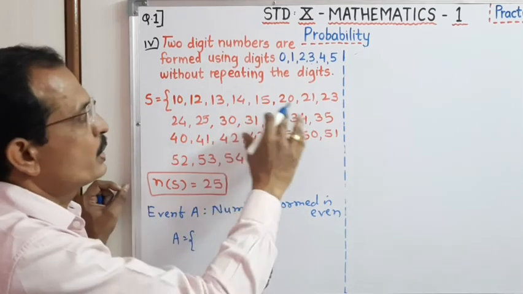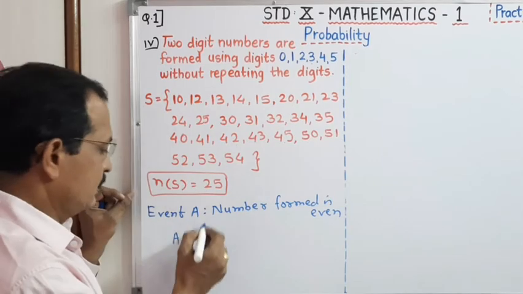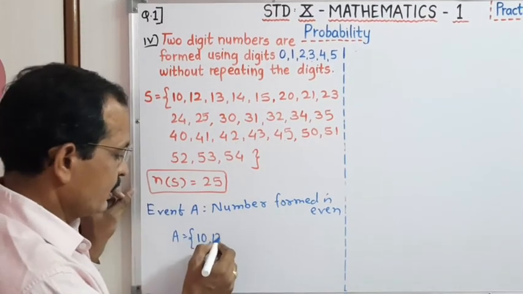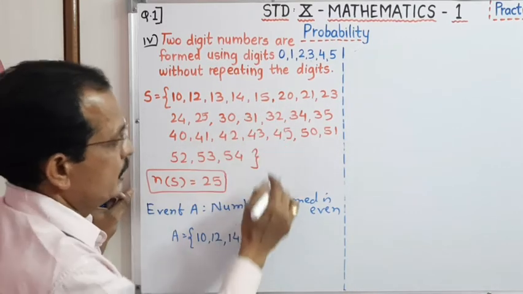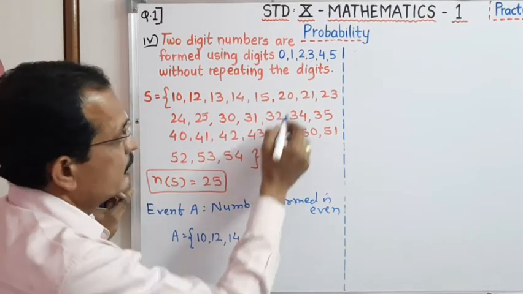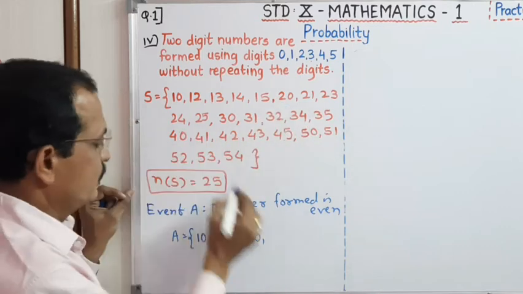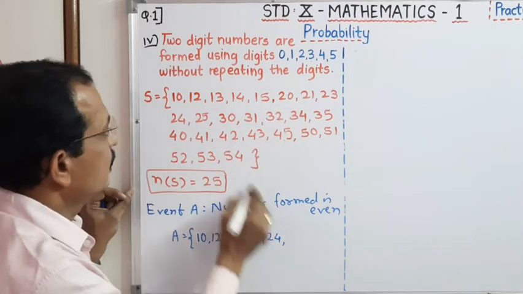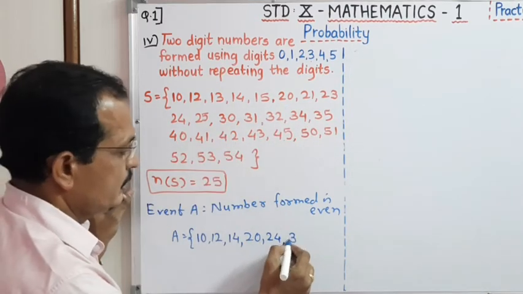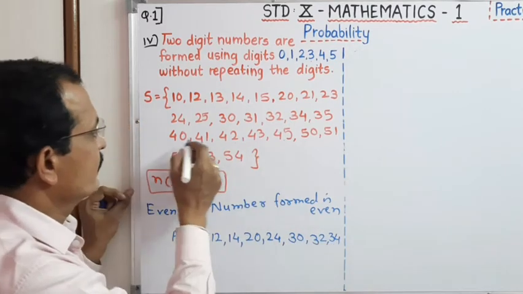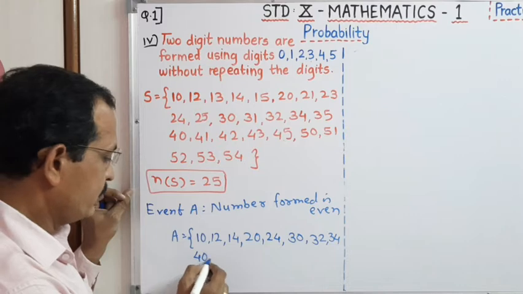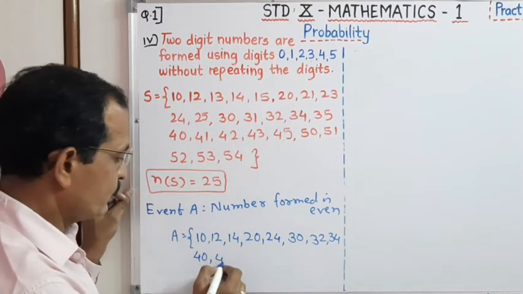Now out of this we have to write the even numbers. 10, 12, 14, then 20, then 24, then 30, 32, 34, then 40, then 42,